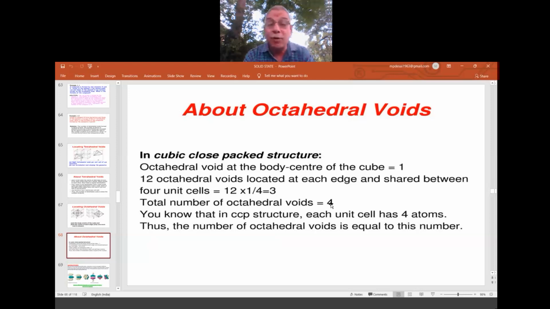4 octahedral voids. Okay. Now we know that in CCP structure, each unit cell has how many atoms? 4 in the cubic close packing, FCC. So 1/8 of the 8 corners gives 1, and half of the 6 faces gives 3. So 3 plus 1, 4. So 4 atoms are there in each unit cell, and 4 octahedral voids are there. That means what? The number of spheres equals the number of octahedral voids, n. So in this way we can think. So kindly go through it. This time it looks as if we are understanding, but you have to go through it again and again. Okay.